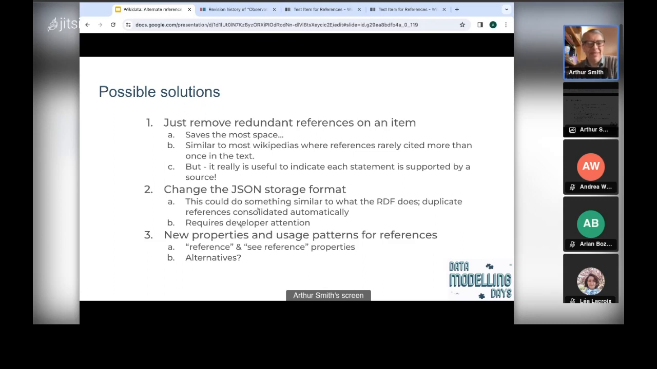So I'll talk about that a bit more. But the third possible solution is just adding a couple of properties and using them. And I'll show you how that works with some examples I set up on test Wikidata. And maybe that particular property arrangement I'm suggesting isn't the only one that could work. So if there are alternatives that people can think of, let's discuss those as well. So first of all,